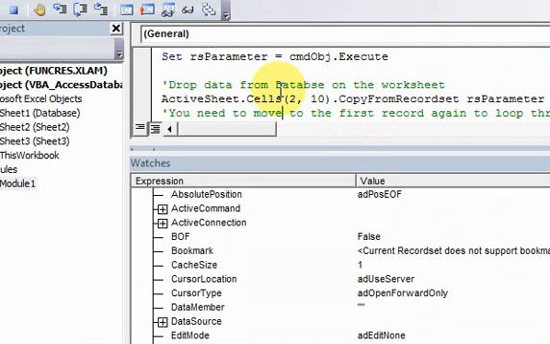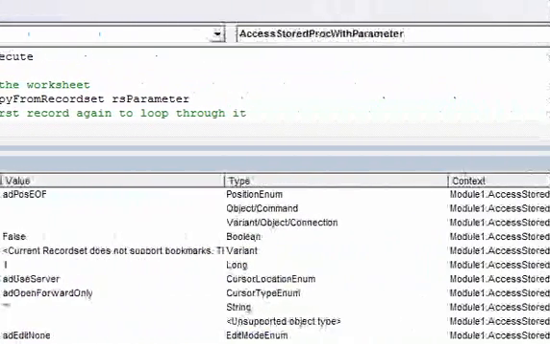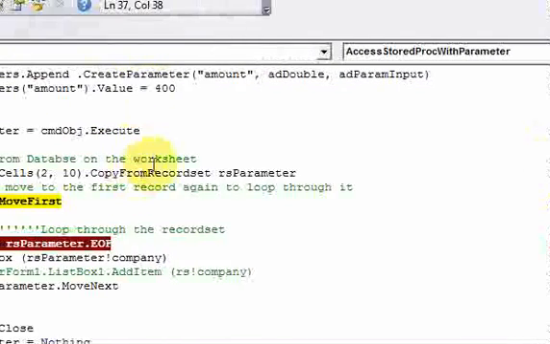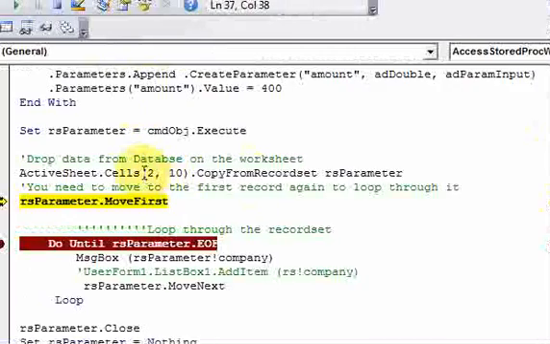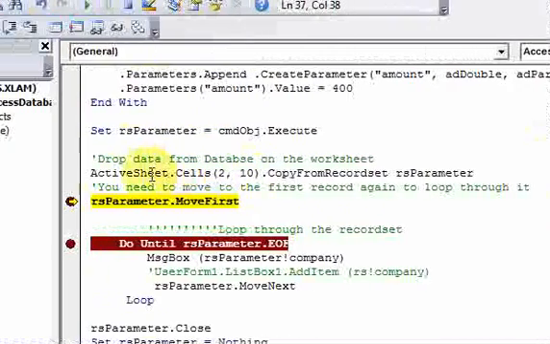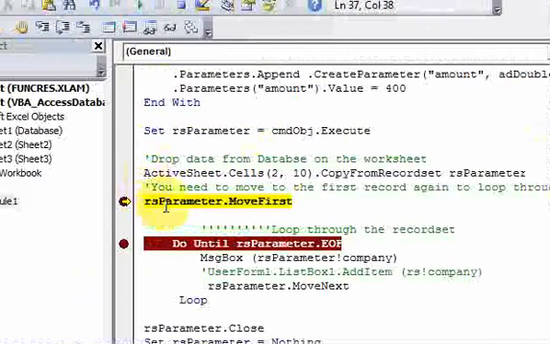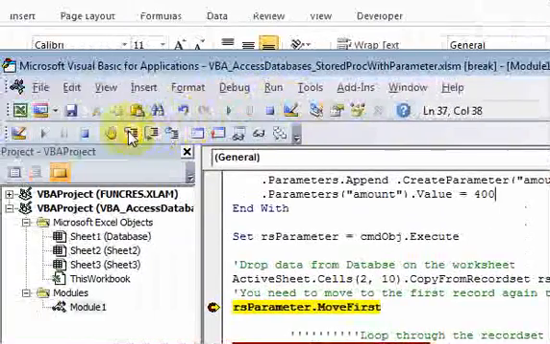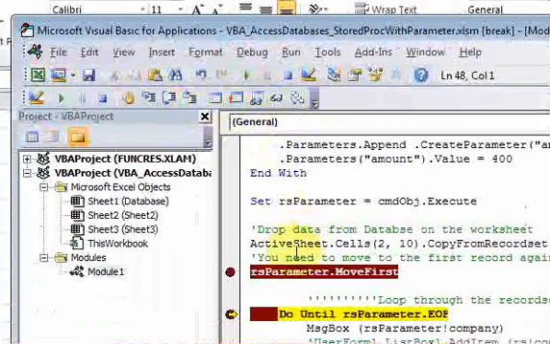And like I told you, when that is used, after it puts the record set on the worksheet, it sets that end of file to true. Once I do this, rs parameter.move first, if I just step over it, now if I look at that record set again,